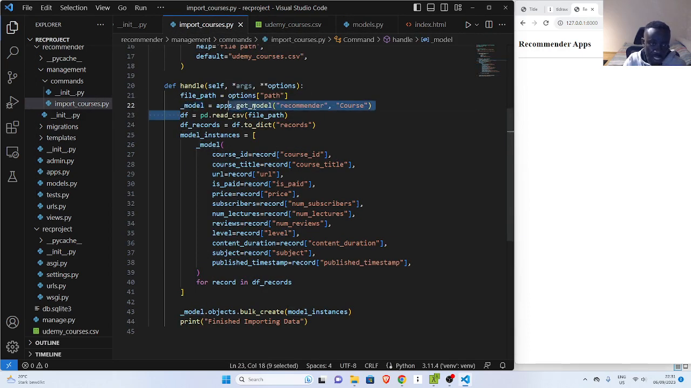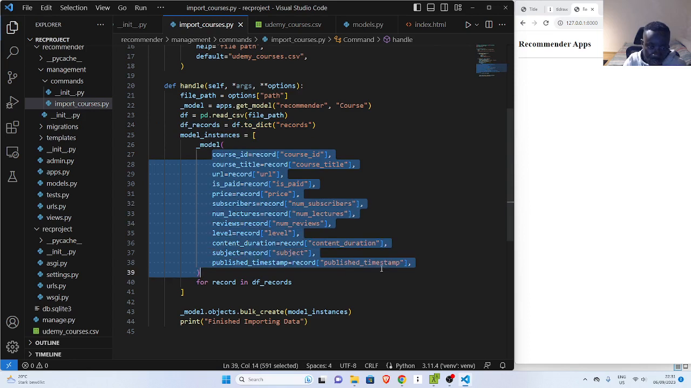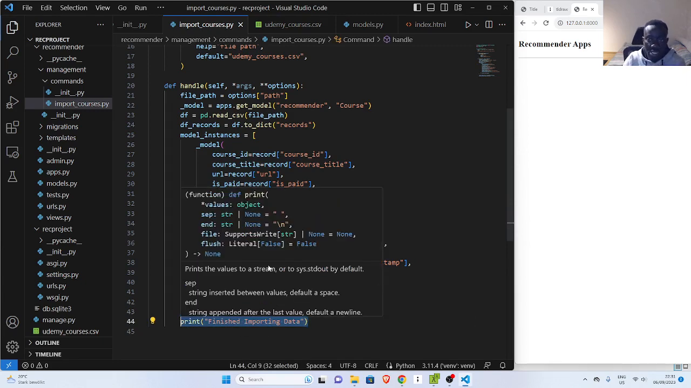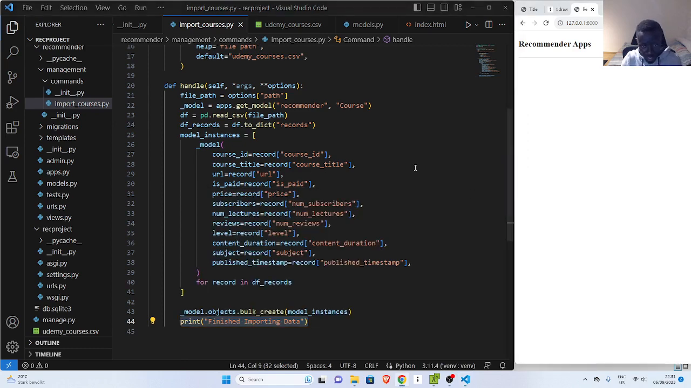Then we're going to open our CSV file. We're going to convert everything into a record, right? A dictionary of records. Then you're going to loop through each part of the dictionary, the key and the value, and then assign them to their respective field. Then you are going to bulk create all of them, and this is going to import data. So if everything is working well, we will see this finished importing data, and then we will see our data populated, right? So let's save this one,